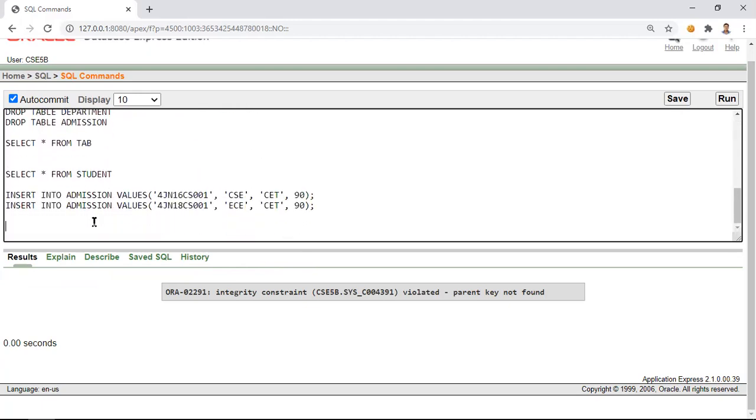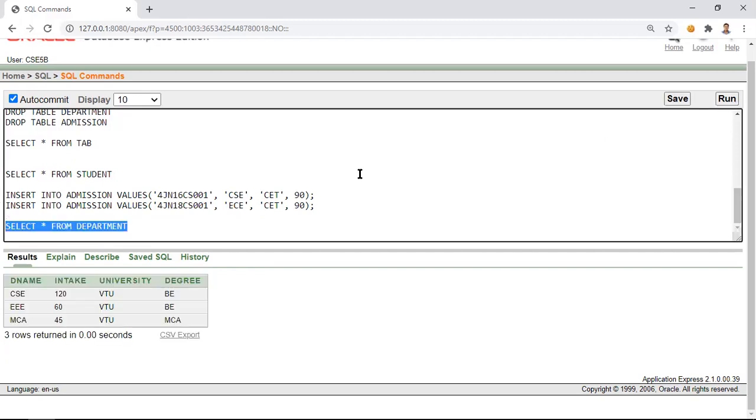So let us see that. Select star from department. So I have only EC, electrical, MCA. So since that, I got an error message that ECE, parent key not found.